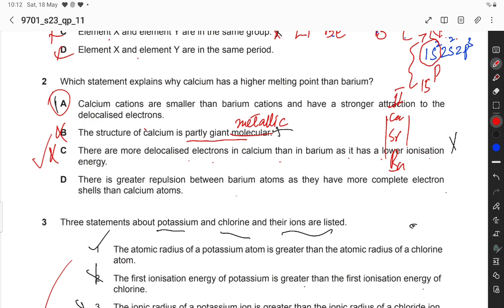There is a greater repulsion between barium atoms, as they have more complete electron shells than calcium atoms. So there is no greater repulsion between barium atoms as they have more complete electron shells than the calcium atoms. Barium has 6 more shells, so that's why